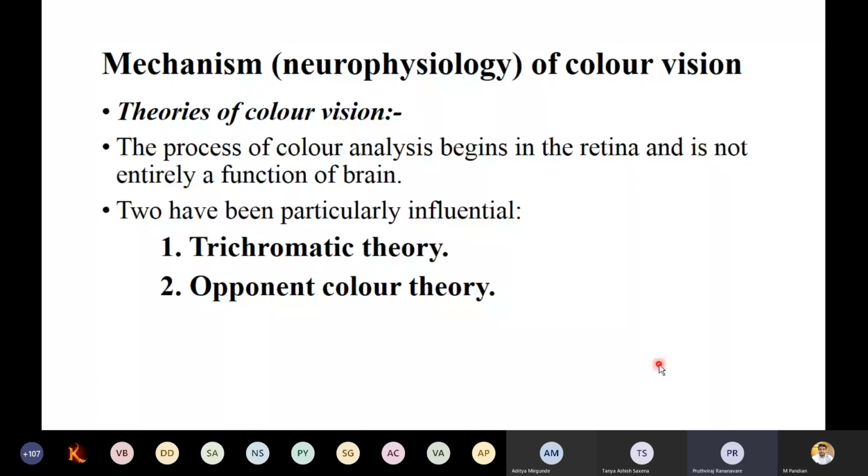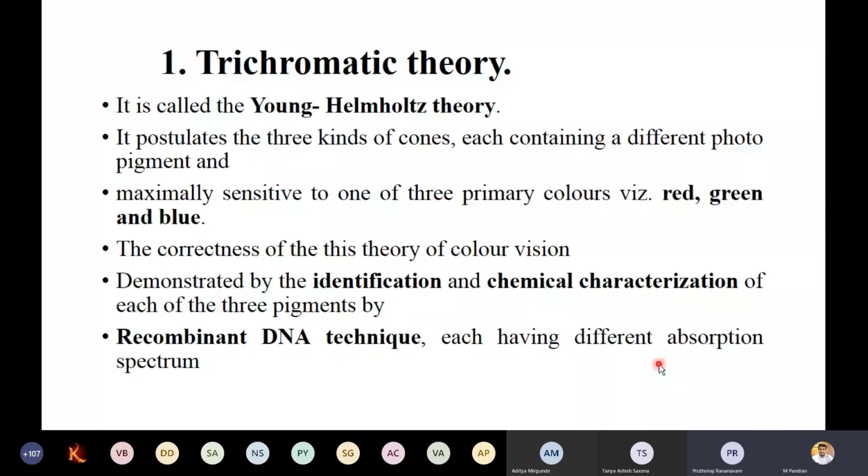Now we will see the first theory, that is trichromatic theory. It is also known as the Young-Helmholtz theory. It postulates three kinds of cones, each containing a different photopigment. This theory says there are three kinds of cones, each containing